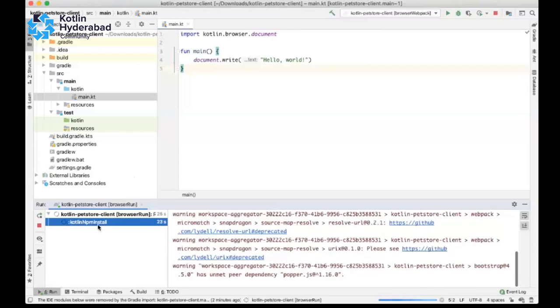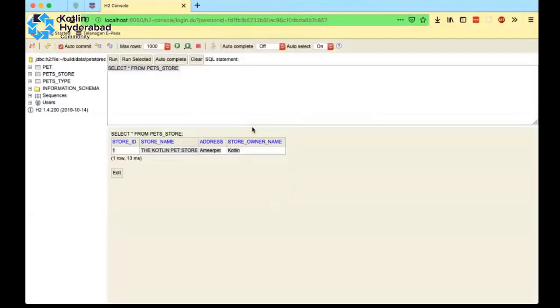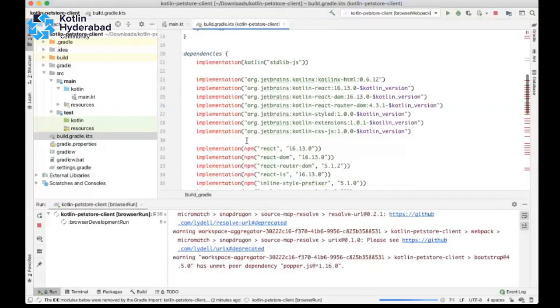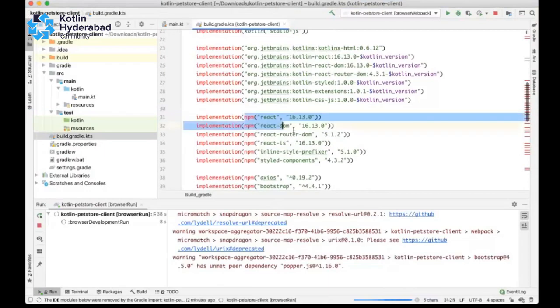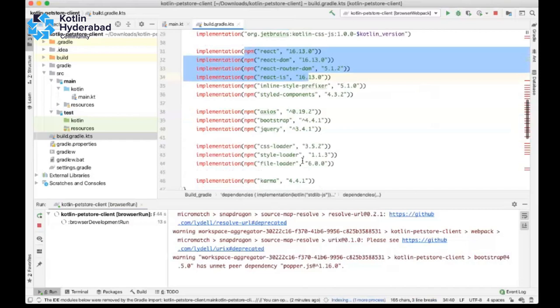You can see npm install is the task that is currently running. It takes all the dependencies that are defined with npm in the build.gradle.kts, checks them out and places them here.